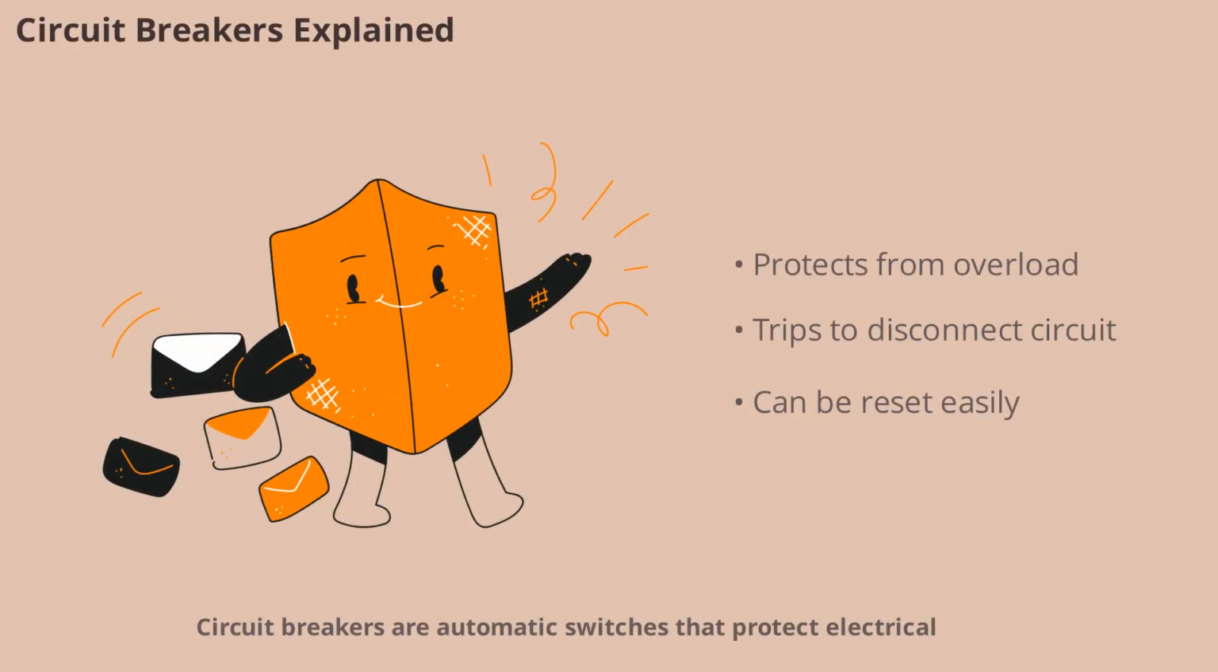Circuit breakers are automatic switches that protect electrical circuits from damage caused by overload or short circuits. When too much current flows, the breaker trips and disconnects the circuit. Unlike fuses, circuit breakers can be reset and used again, making them a convenient and essential safety feature in homes